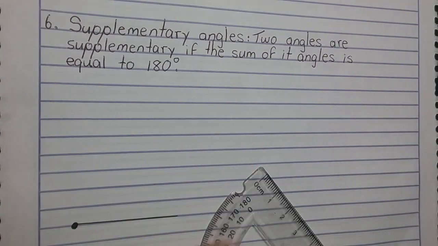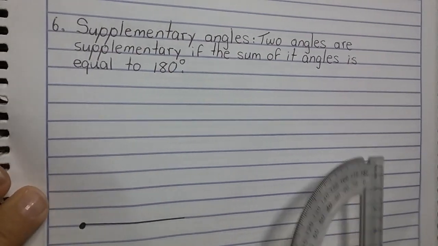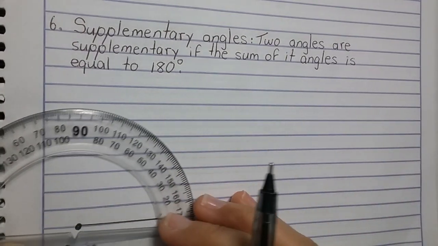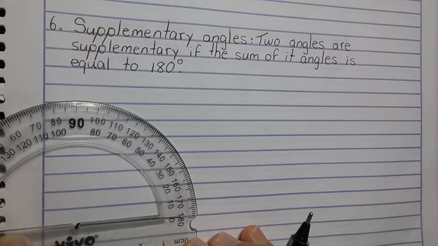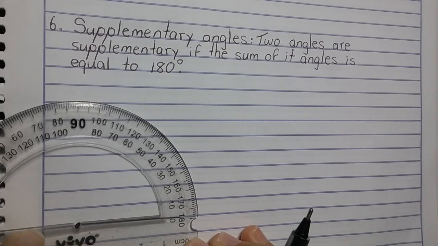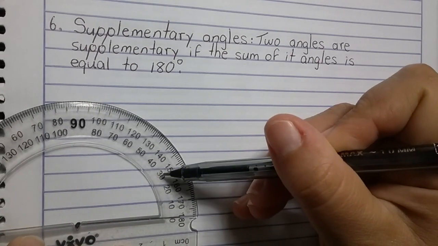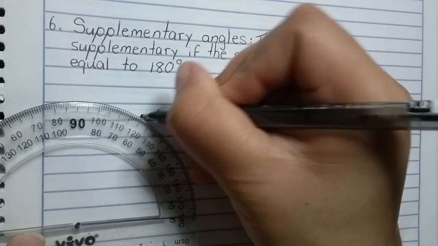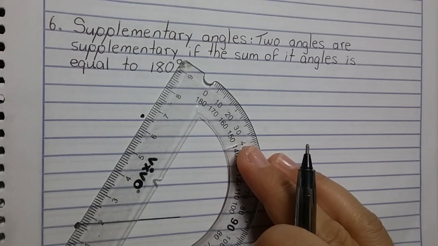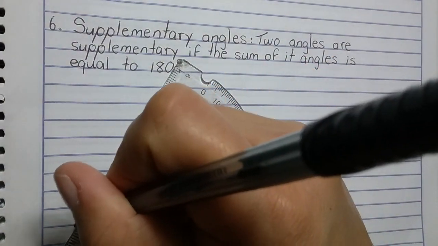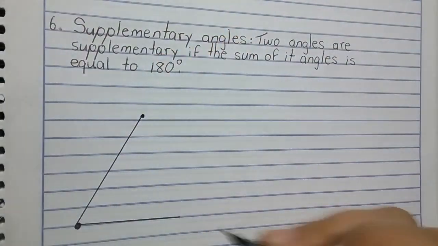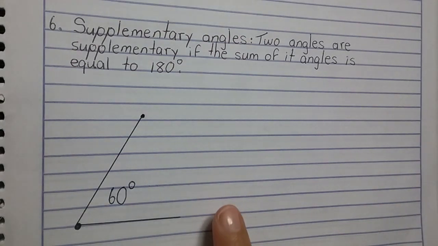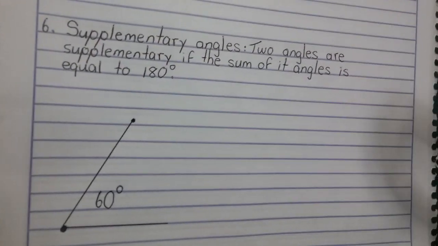And I want this angle to have 60 degrees. 10, 20, 30, 40, 50, and 60. Here is 60 degrees. And the other angle is going to have